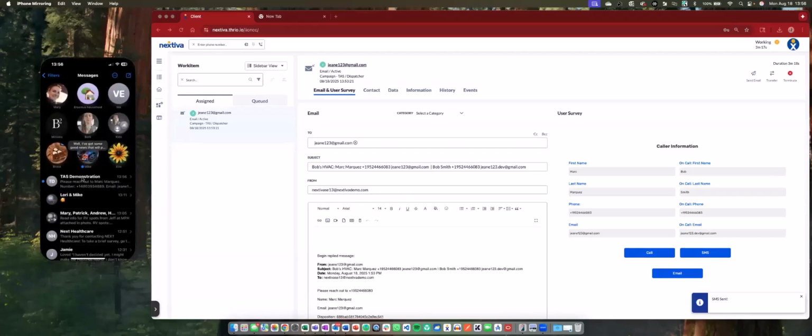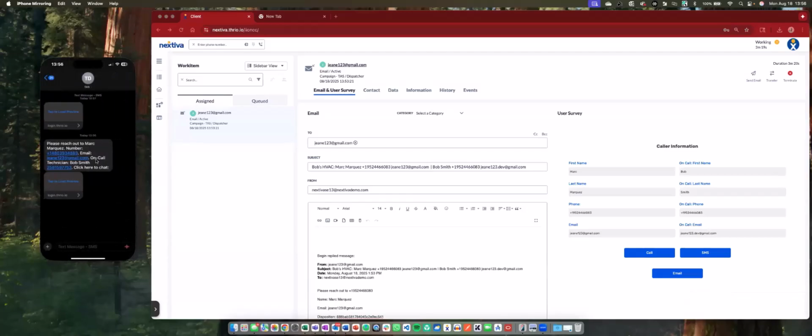And we will see that instantly I have the ability to not only get all of the information: please reach out to Mark Marquez. This is his phone number. This is the email address. And this is the technician, Bob Smith. Now, if you've noticed that Bob Smith and Mark Marquez's phone numbers are different on this, I did that on purpose to be able to showcase, because this is actually my phone number.